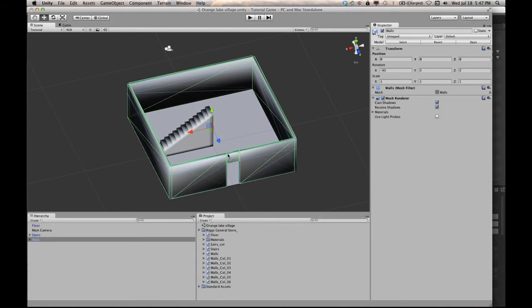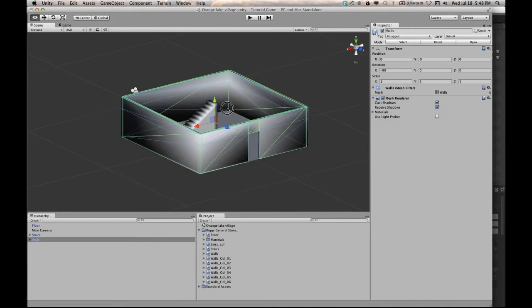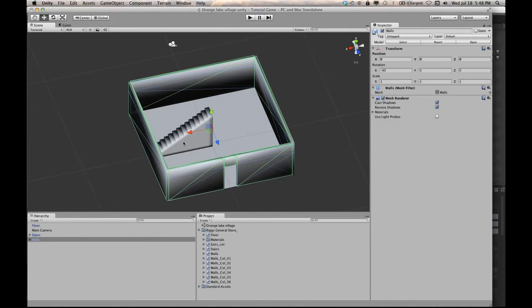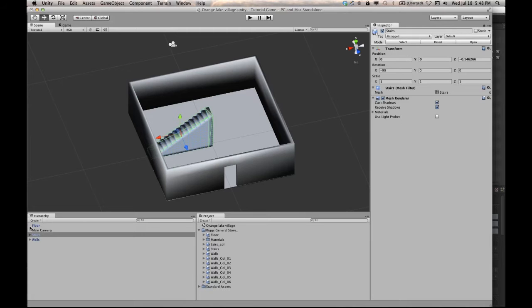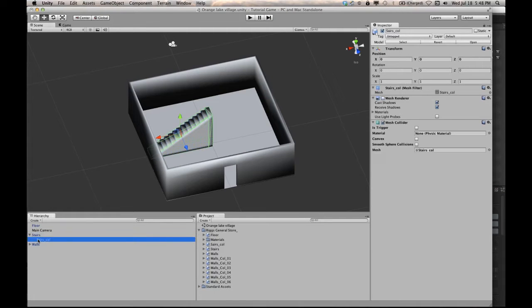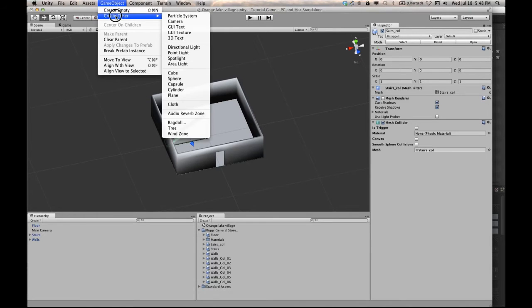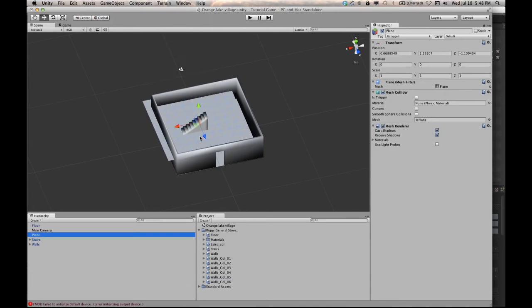But just to set up where we are right now, we had finished by getting everything in to Unity, and you can see I've dropped in our stairs, and on our stairs we have our collision for our stairs. So what we're going to do here is work on testing and making sure that all of this is working correctly. So the first thing that we're going to do is grab a game object, other, and plane, and drop that right in there,